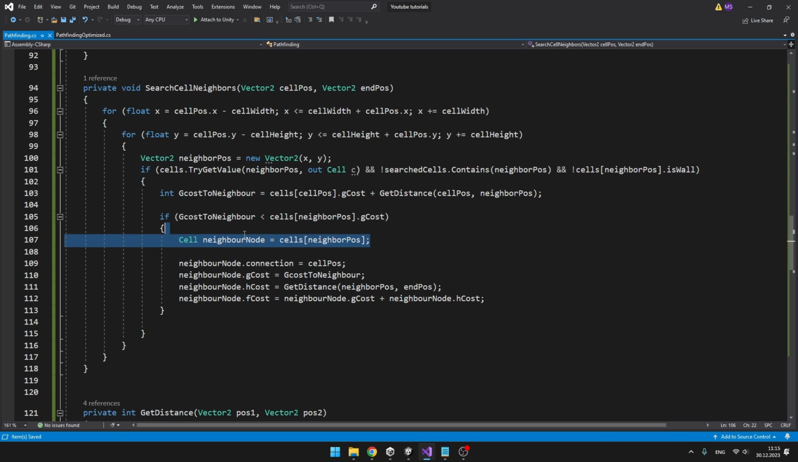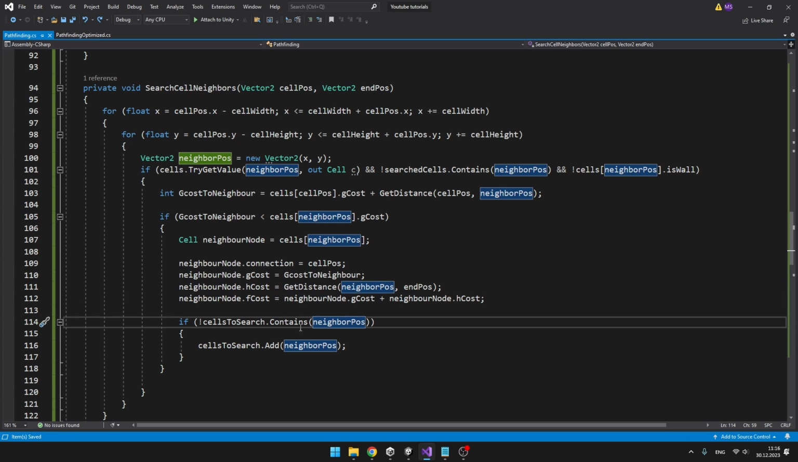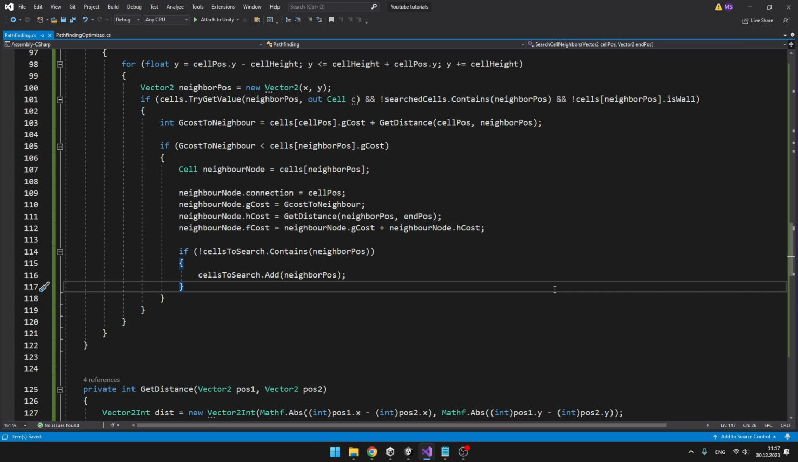If this is true, I'm getting the neighbor node, I'm setting the connection to the node that we came from, which in this case is just the cell position that we input. I'm setting the g-cost to the g-cost that we have calculated, and I'm setting the h-cost by getting the distance from the neighbor to the end position, and setting the f-cost just by adding those two values. And after that, if the neighbor position is not yet on the cells to search list, we can just add it. And this is almost the whole algorithm, so we'll be able to test it in Unity, but before that